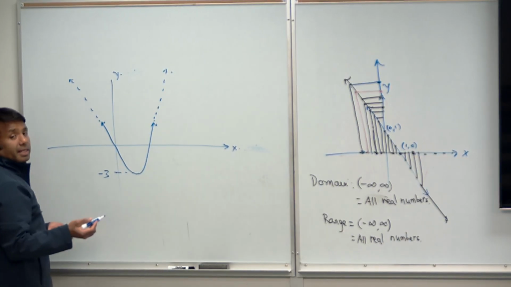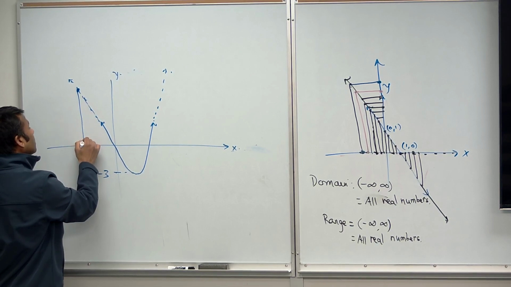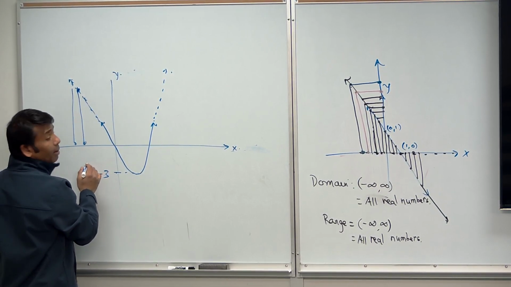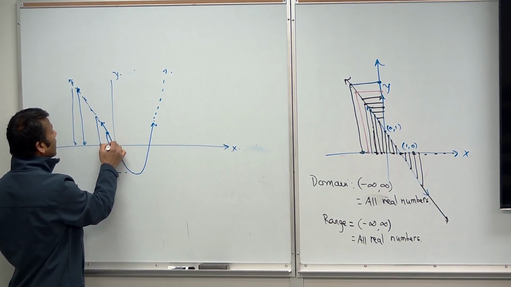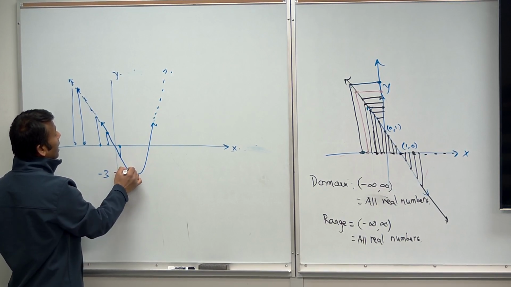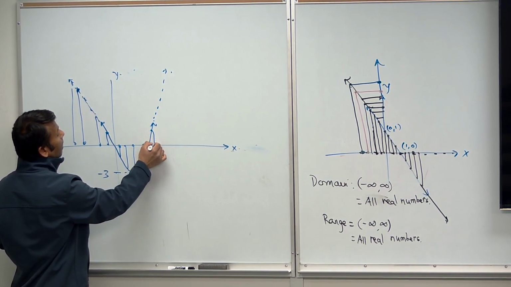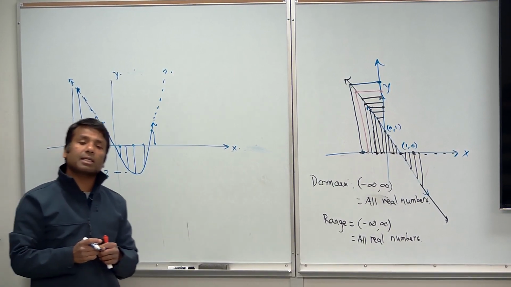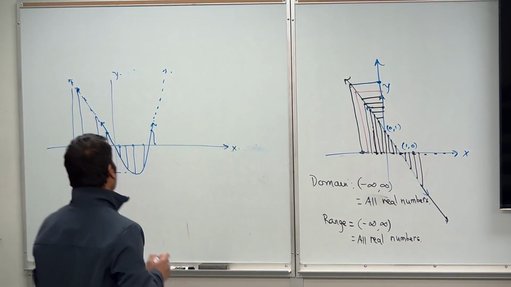Because domain is the set of x values. If you consider a point here, your x value is here. If you consider a point here, your x value is here. Are you guys with me? If you consider a point here, x value is here, you see what I'm talking about, right? So you see every point on the x-axis is in the domain. So that means your domain is